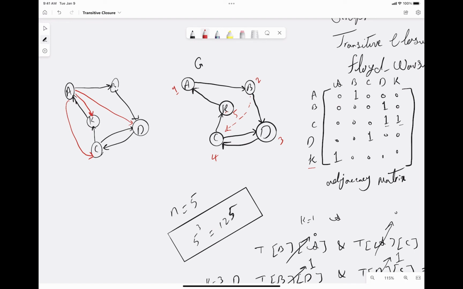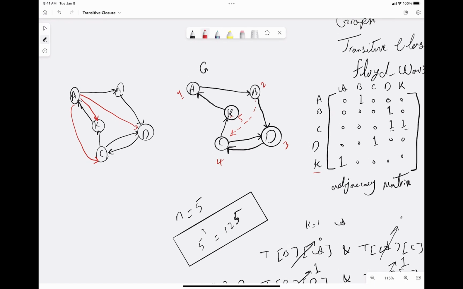Now, can I go from A to itself? That's the case because I can go from A to B, and then from B to D, and from D to C, and from C to K, and from K to A. So there's going to be a reflexive edge here from A to itself. What about B? From B, can I go to A? And the answer is true because from B I can go to D, and then from D to C, and C to K, and K to A. So there is one here. Can I go from B to B itself? That's true because I can go from B to A and from A to B. So also there's going to be